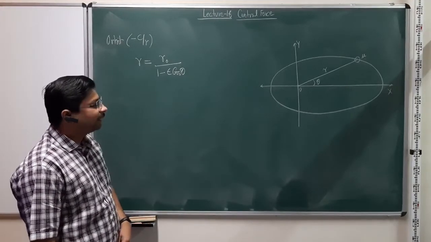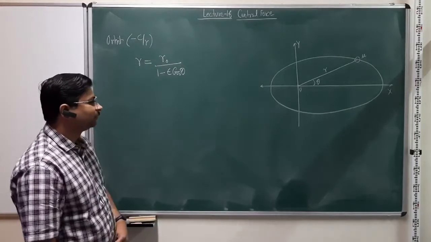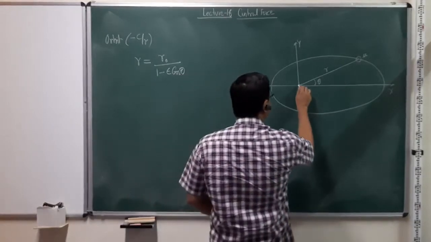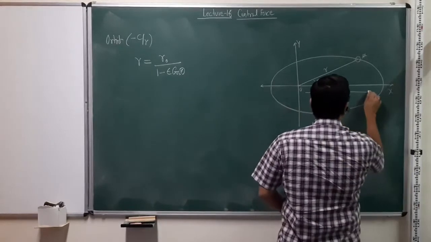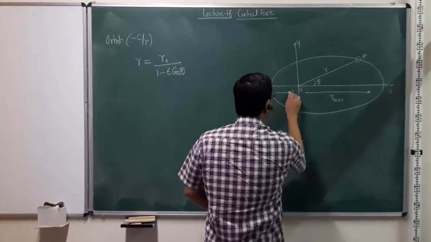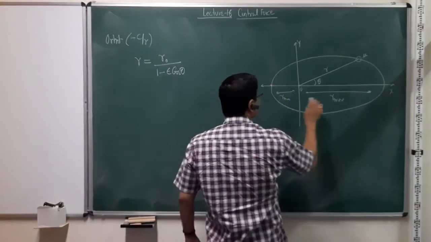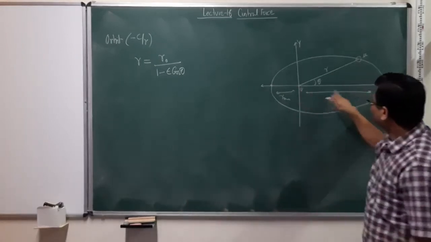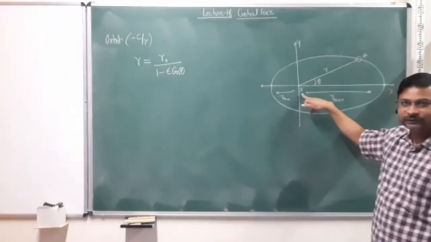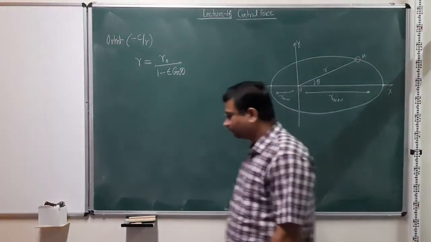Now what we can do is assign certain measurable parameters by looking at this equation, and then connect the energy and angular momentum of the system with those measurable parameters. So for example, we can look at the distances. There is one distance, let's call it r max, and another distance, let's call it r min. These are the two points in the orbit when the object is farthest away from the origin of this force, and in the other case closest to the origin of the force.